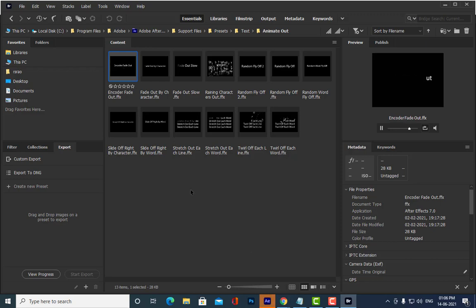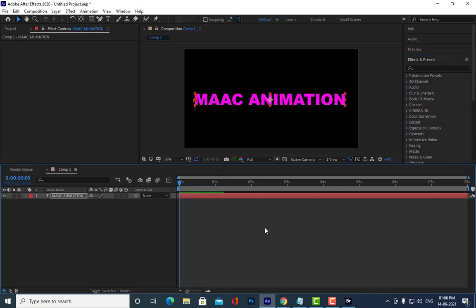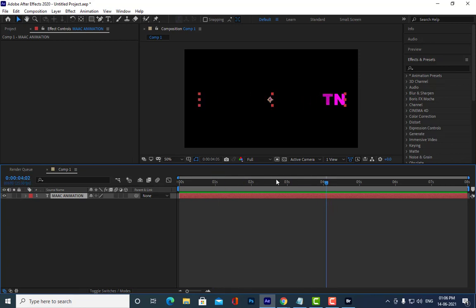Are you able to understand? If you double click, that effect applies automatically. Okay, some problem we got here. It has applied from first to second. Okay, see here. Can you see the change? Yes, sir. See how interesting it is.